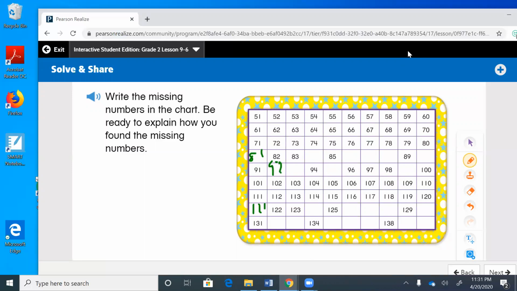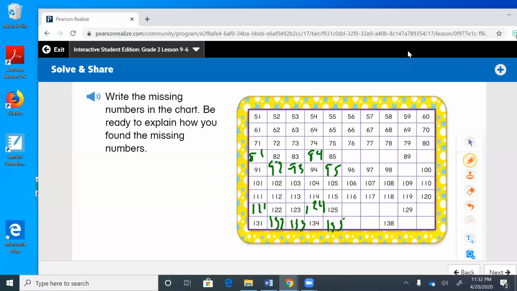102, 112, 122, 132. Okay, we're going to go down again. 53, 63, 73, 83, 93, 103, 113, 123, 133. 54, 64, 74, 84, 94, 104, 114, 124, 134. 55, 65, 75, 85, 95, 105, 115, 125,